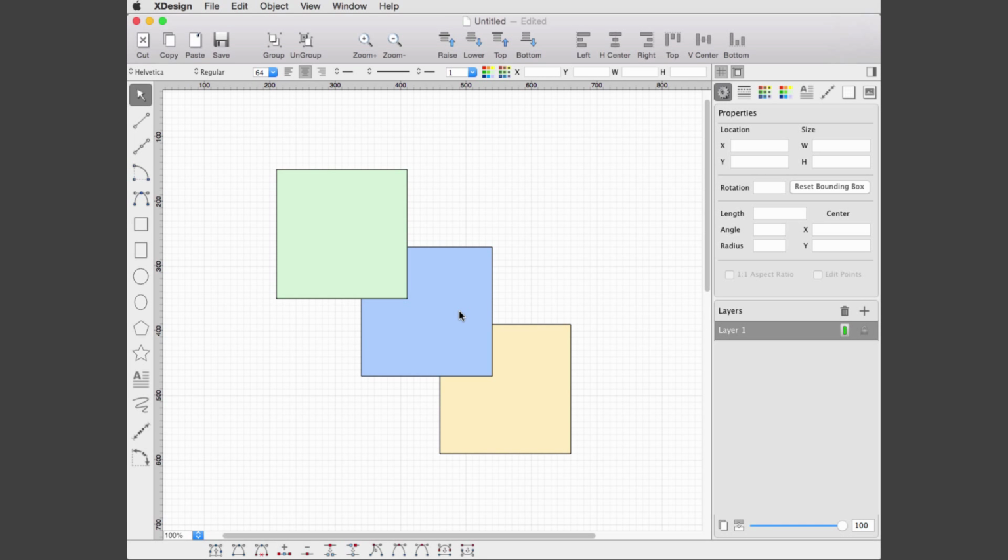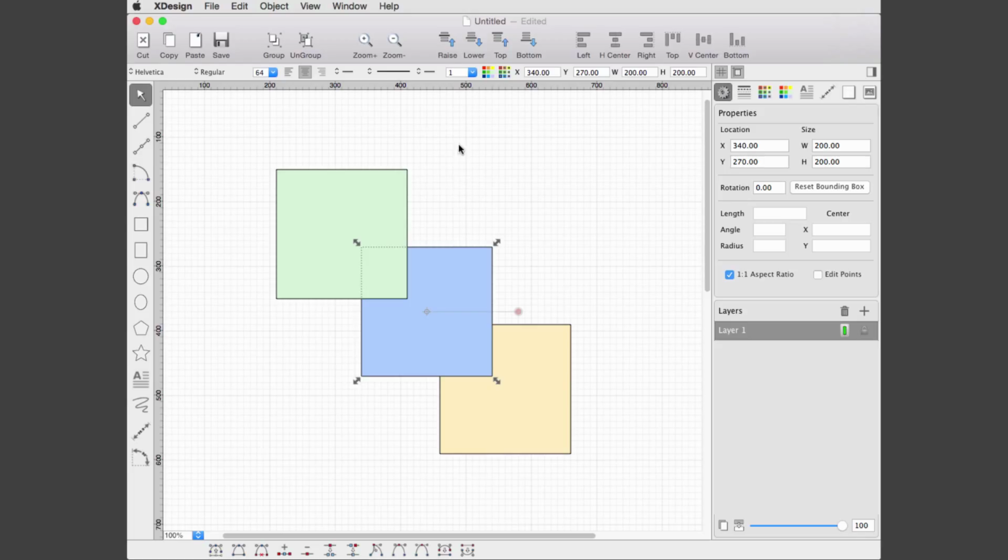Shapes can be created and placed on top of other shapes. The order of the shapes which determines which shape is higher in the stack is referred to as its Z order. No two shapes can have the same Z order. One is always over the other when it overlaps.